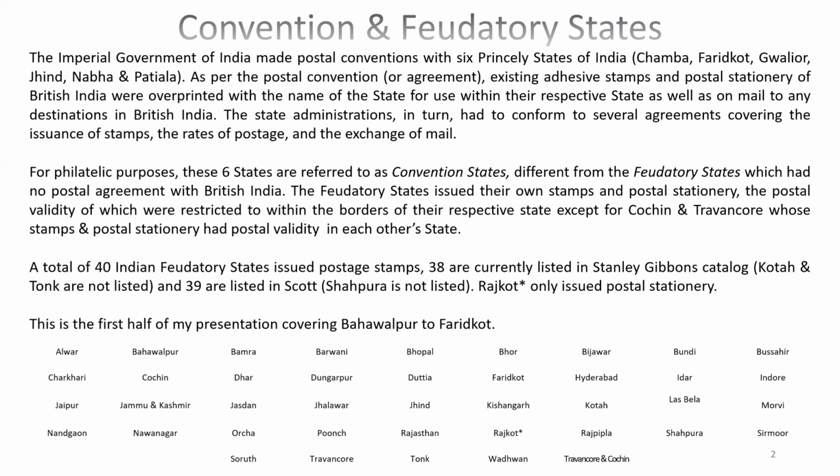The Imperial Government of India made postal conventions. So there are two different groups of Indian states, as one might call it. One is called convention states, and the other one's called feudatory states. Now, the term convention comes from the fact that 6 states joined a convention whereby they would use British India stamps overprinted with the name of their state, and in exchange,